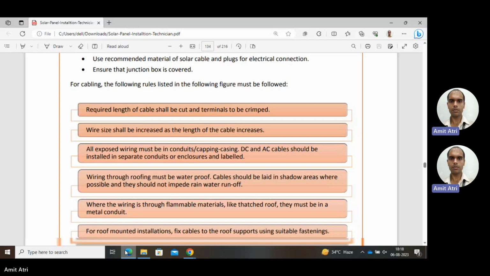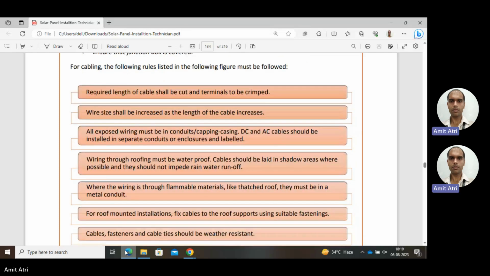Then all exposed wiring must be in conduit, or the casing and capping type, meaning we shall cover it. AC and DC cables should be installed in separate conduits or enclosures, and they should be labeled, so we know where the AC cable is and where the DC cable is. Then wiring through roofing must be waterproof. Then cables should be laid in shadow areas where possible